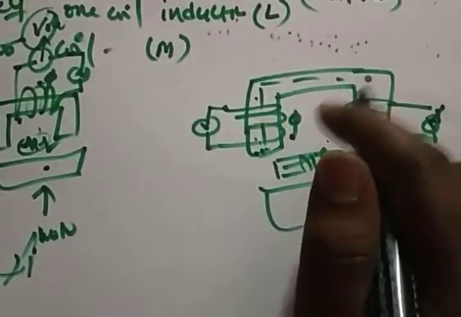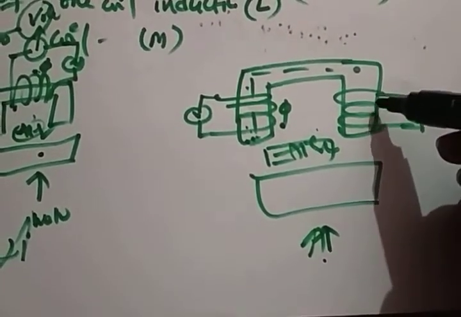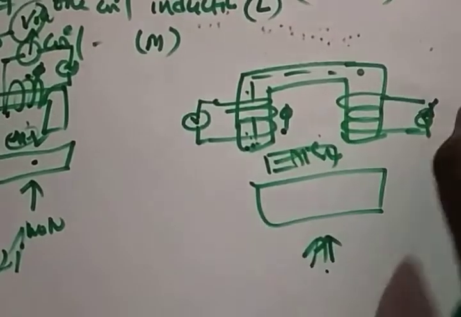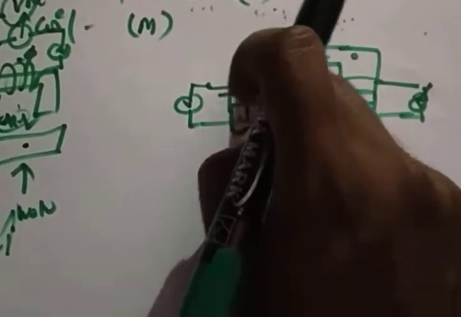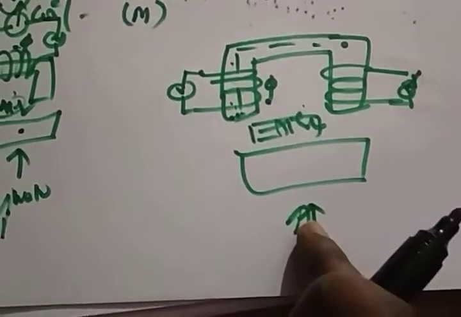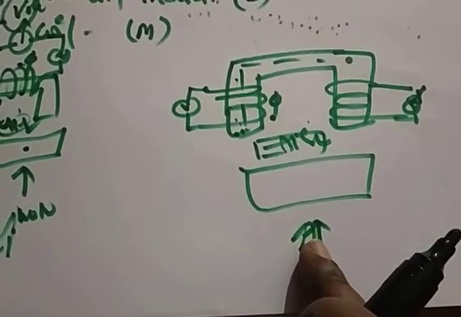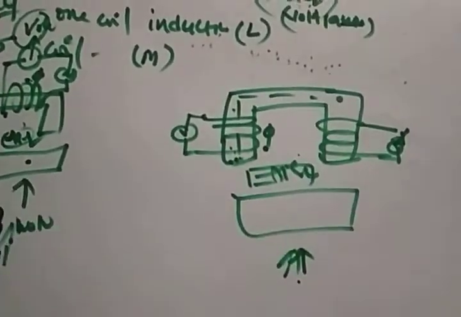So mutual flux: the change in flux links with another conductor, another coil, and develops EMF there. For this we don't have any excitation here, right? The change in flux travels here and produces the voltage here. How is the voltage produced? By the motion you applied only, right? So this is called a two coil measurement.